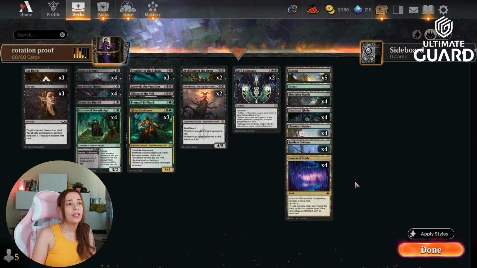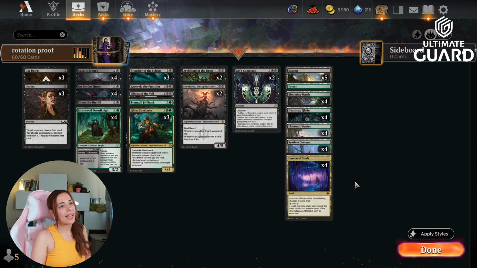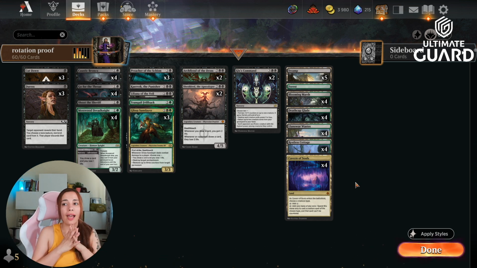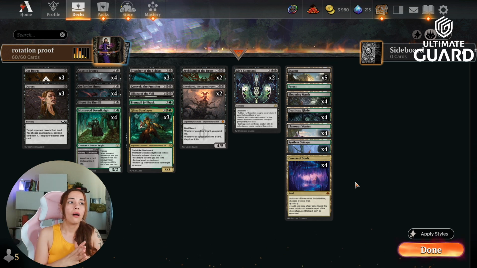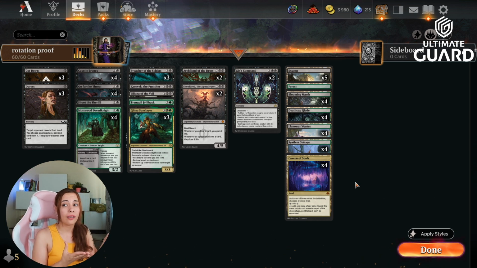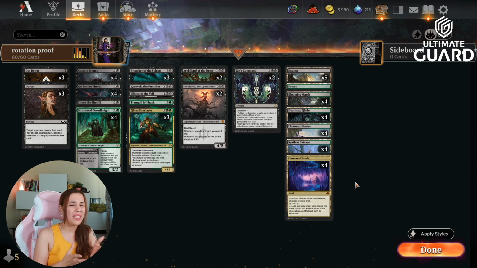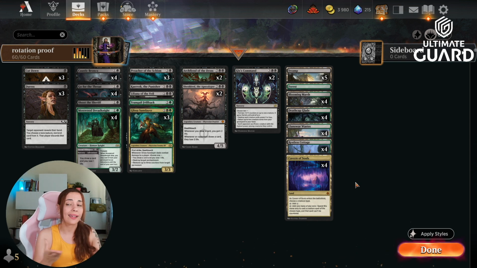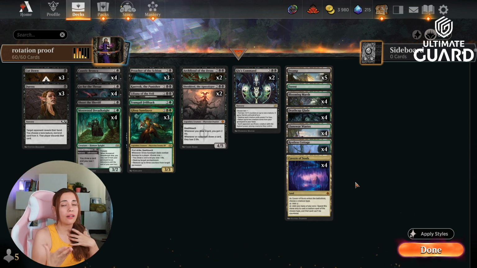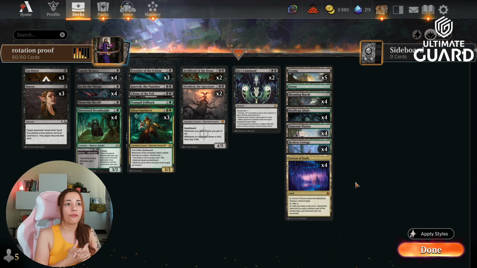I'm excited about Bloomburrow. It seems like a super sweet, cute, fun set. So let me know in the comments if you are happy or sad about the Standard rotation. I know for some of you that don't really spend money on Arena, that can be a big downfall, because you're going to lose access to some decks that you crafted and spent a lot of money on. So let me know your thoughts on Standard rotation in the comments, but without further ado, let's